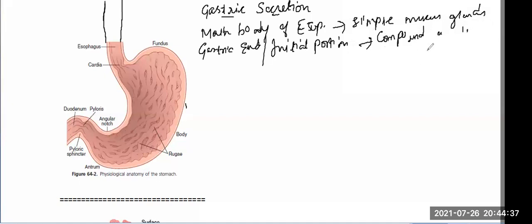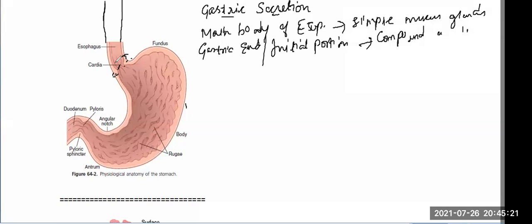The secretions of compound mucous glands will save the esophageal wall from the food. If there is anything that can affect the esophageal wall, the secretions of compound mucous glands will protect it. And towards the gastric end, we know that in some people the gastroesophageal sphincter, which is somewhere here, is weak, due to which contents of the stomach, which contains acid, because the stomach has highly concentrated hydrochloric acid,